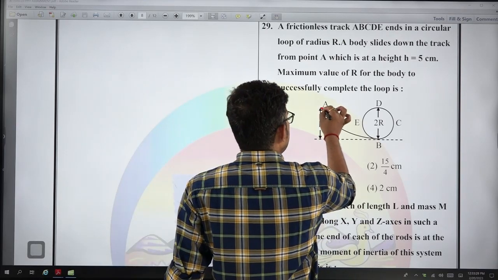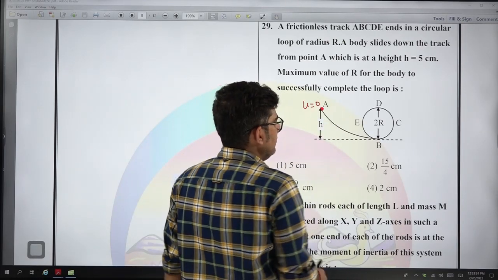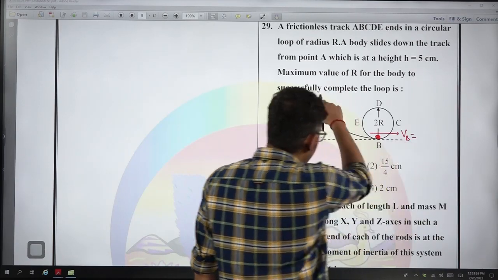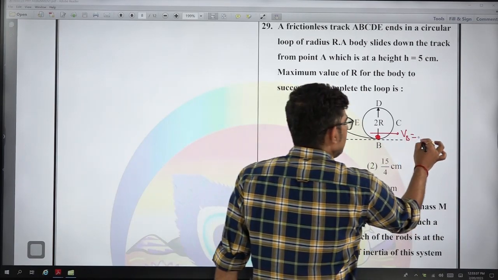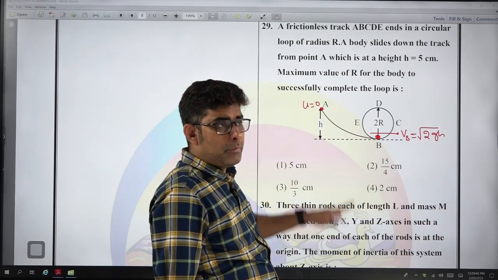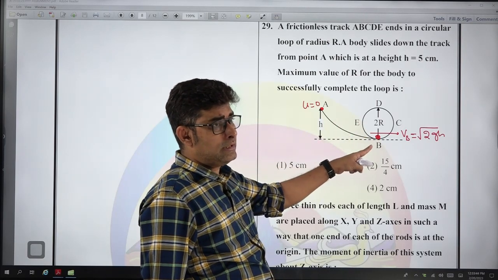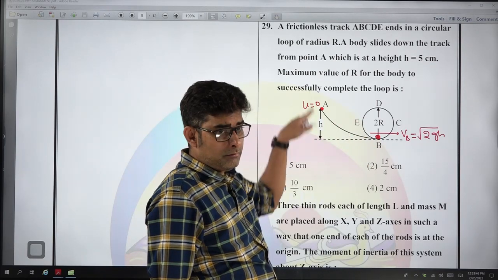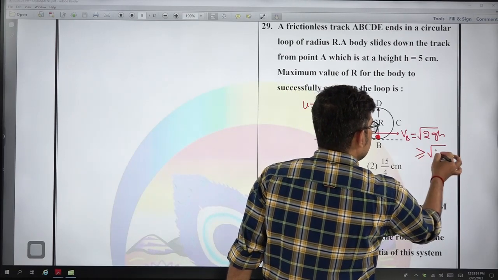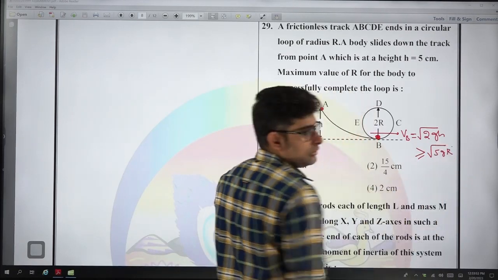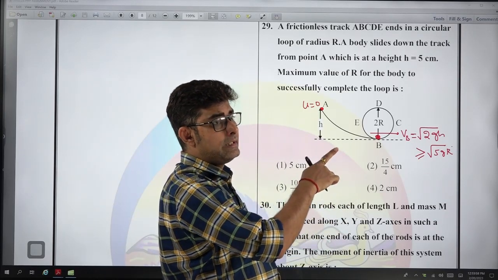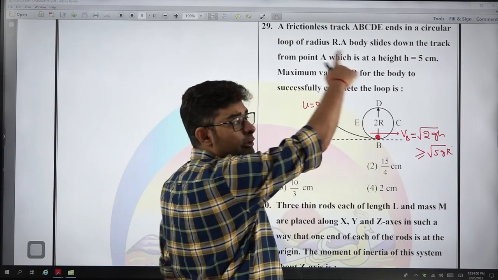Well, when it comes from here, its initial velocity is 0. When it comes here, its velocity at the point B, by what height has it fallen? H. So its velocity will become how much? Root 2 GH. But to complete the loop, you have studied this condition, just like a bob connected to a string. To complete the circle, this value should be greater than or equal to, what is the condition? Root 5 GR. So at the bottommost point, the speed should be greater than or equal to root 5 GR, then only you will complete the circle.